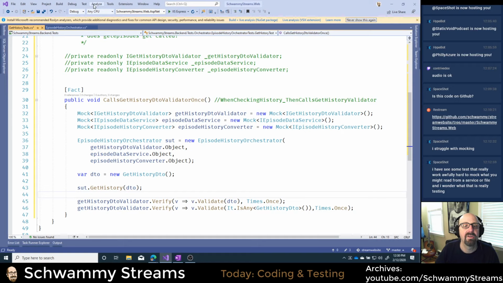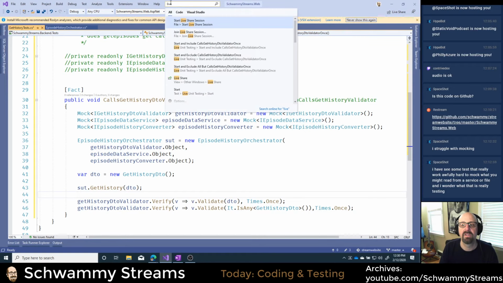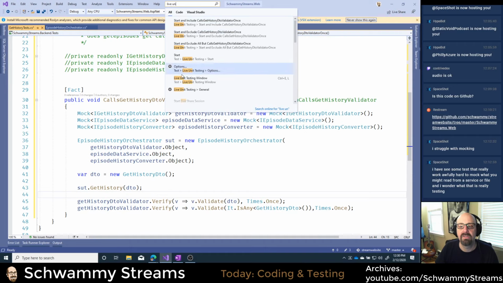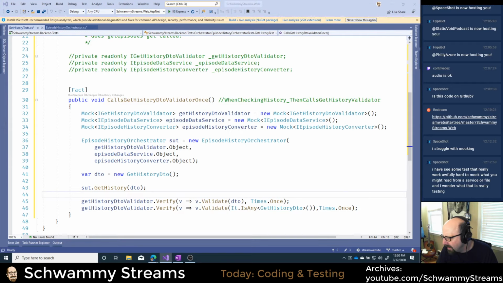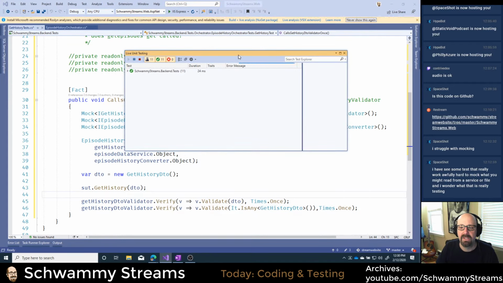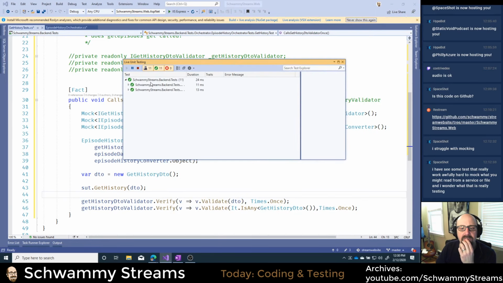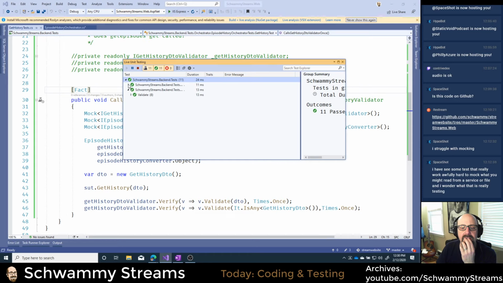Oh, I didn't turn on live unit testing. So let's put on live unit testing. I can do start, and it will start a session, and it's popping up over here. I'm going to drag that into another window, but we'll see all my unit tests start running when I do live unit tests. And let's see, it's not coming in here yet. It doesn't even see this. Why doesn't it see this? Backend test, validate. Oh, here it comes. Okay, it was probably compiling.